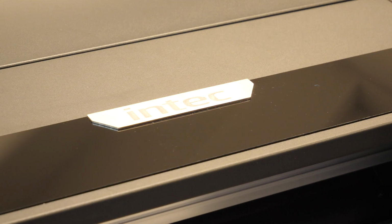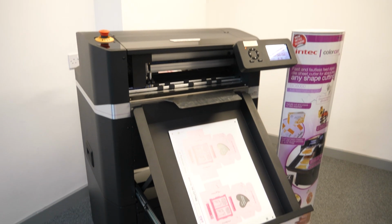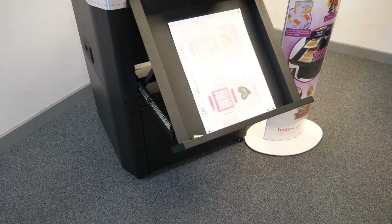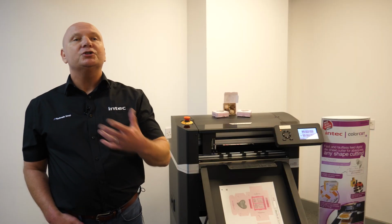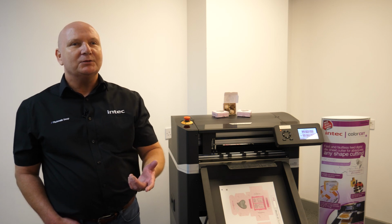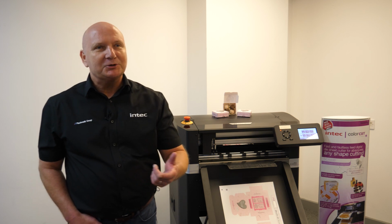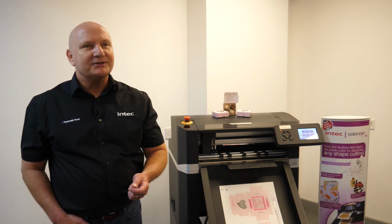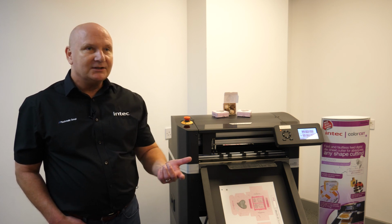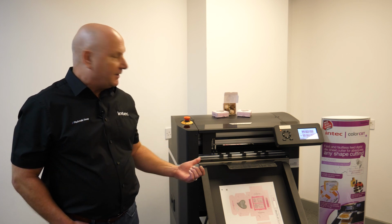However, we still wanted to carry on with improving the productivity of the product and the capabilities, and so we've recently introduced the SC6000. When you think about it, globally, the vast majority of commercial printers employ less than 10 people, so therefore automation in the workplace is really important. But if you've ever been into a commercial printer or a print shop, you'll also understand that space is obviously a premium. So the SC6000 fits ideally into those sort of scenarios, and of course it's mobile, so it can